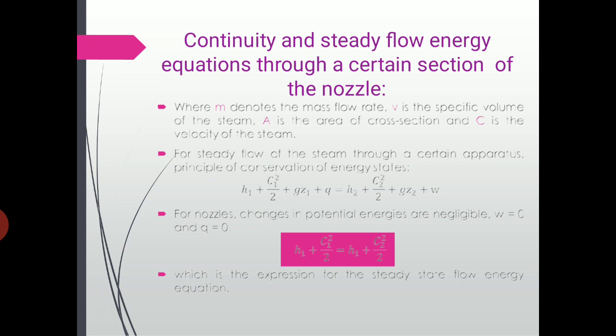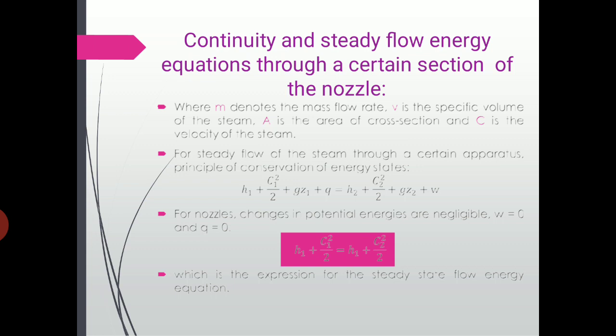What is the definition of enthalpy? The sum of the internal energy plus the product of pressure and volume denotes the enthalpy. So H1, H2 will be taking place, internal energy will be taking place, pressure will be taking place, then the velocity, or the volume, will be taking place.